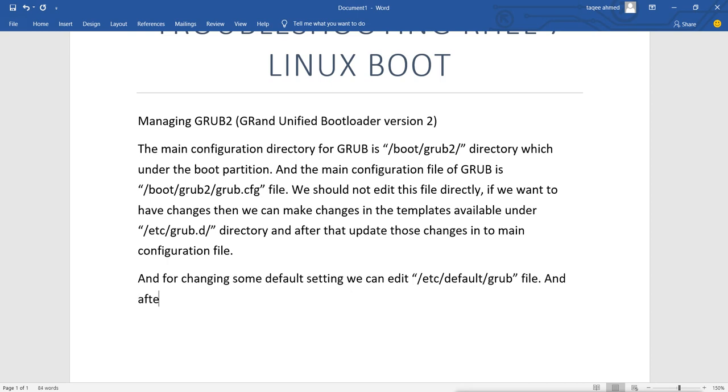And after changing, we have to update the changes